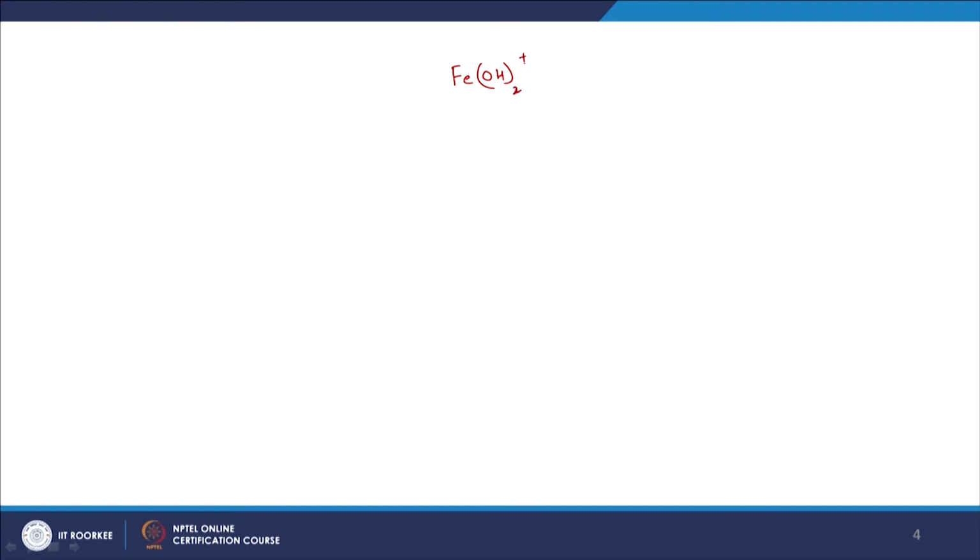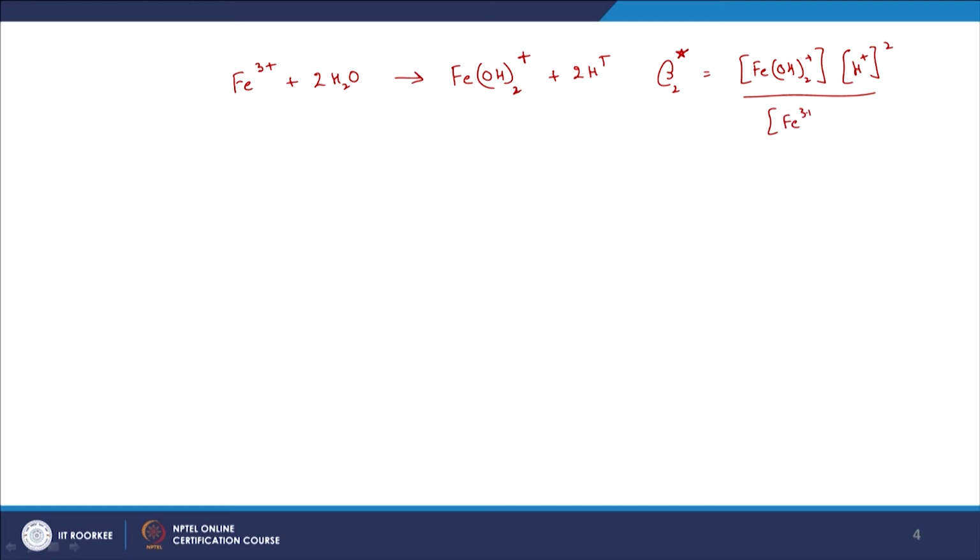with plus charge. Here I am trying to have the protonated form of the ligand, H2O, and because it has to be balanced, it has to be 2 here, so I am assuming it is going to be 2H+ here. So hopefully it is balanced out, 2OH, and here it is 4. That is balanced out, and we know that the relevant coefficient is given by beta 2 star, which is equal to the concentration of